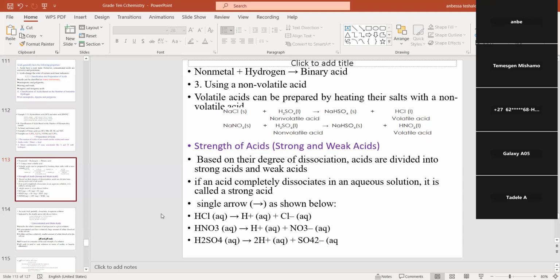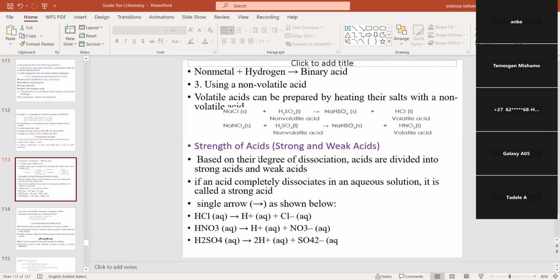Using non-volatile acid, we can prepare a volatile acid. So sodium chloride, a salt, plus sulfuric acid gives sodium bisulfate plus HCl. Hydrogen chloride is a volatile acid. We can prepare a volatile acid by using a non-volatile acid. Non-volatile acid is sulfuric acid. ከሳልት ጋር አሲድ ከሳልት ጋር ብንደምር ሌላ አሲድ ይሰጠናል ማለት ነው።